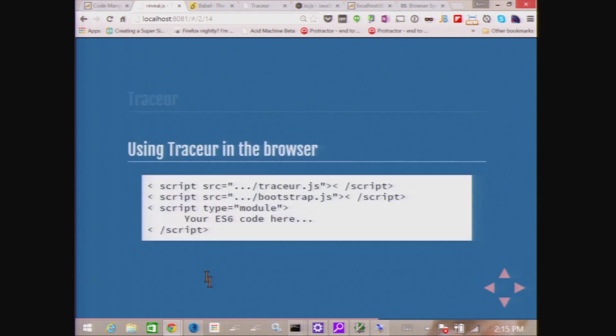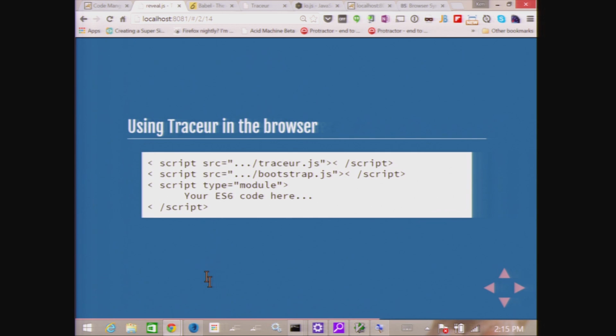Traceur. Same deal, by the way. We can save a lot of time by saying almost the same thing, different team, and it generates slightly different output. But we'll just talk a little bit about it. The one thing about Traceur that's different is that the Google team's been working on it. So I believe it's the V8 team. Am I right about that? Is the Traceur team part of the V8 team, or do they work with them? Yeah, I'm not sure. I thought I heard that somewhere, but